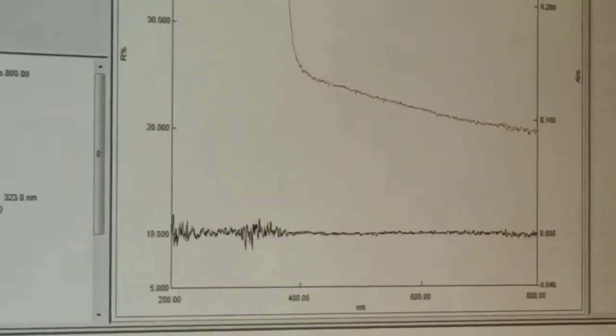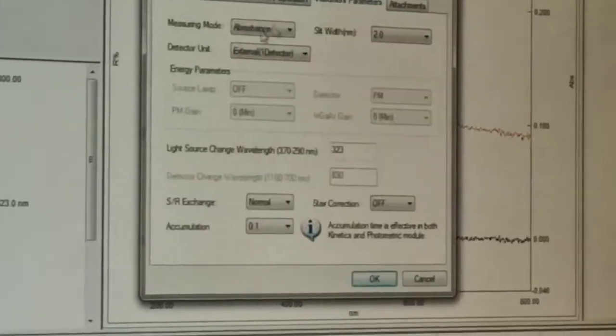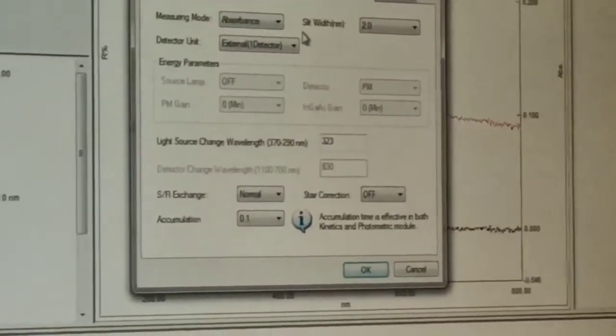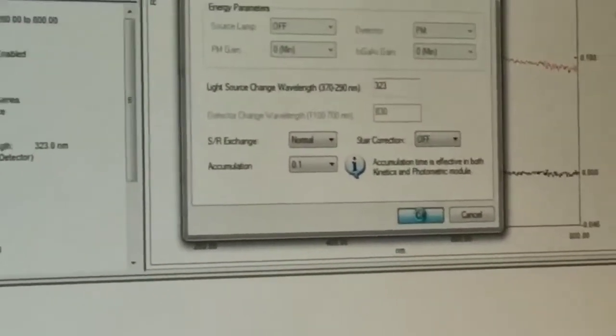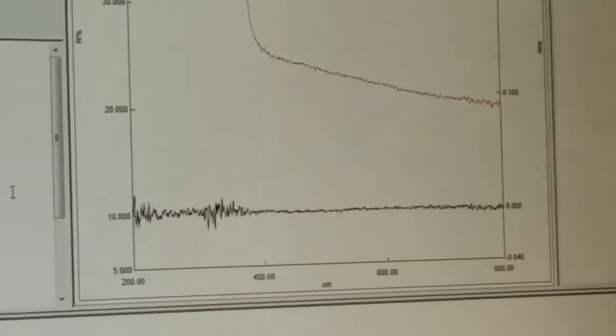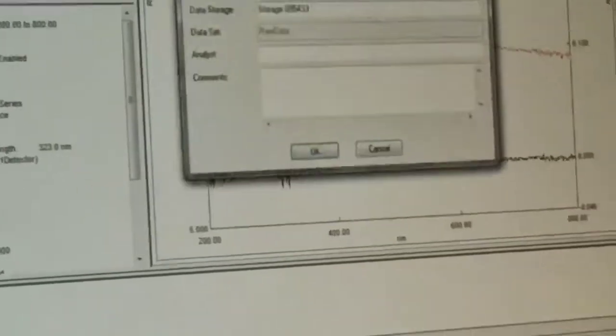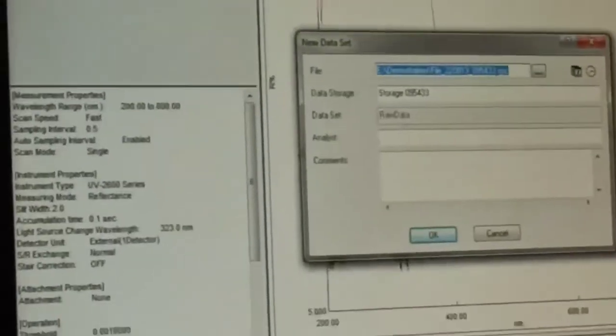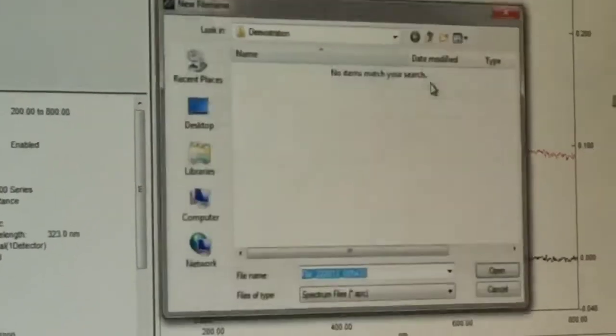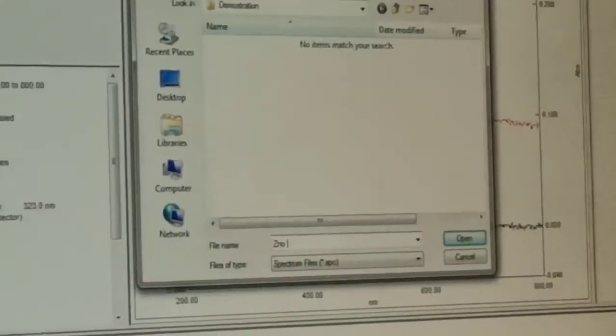For the first time we are finding the absorbance. After that we will find the reflectance. We have done the baseline, and we will scan. The sample name is zinc oxide absorbance.